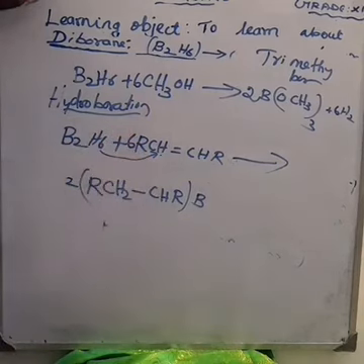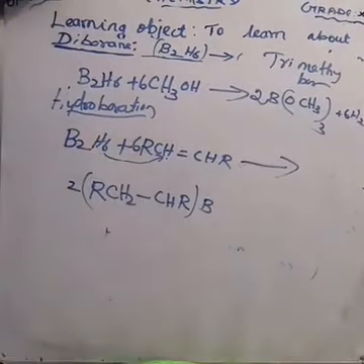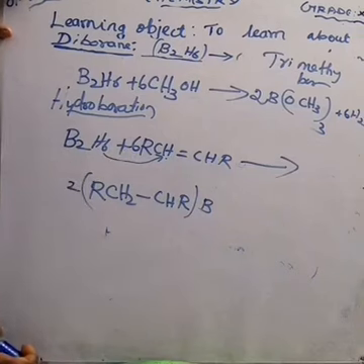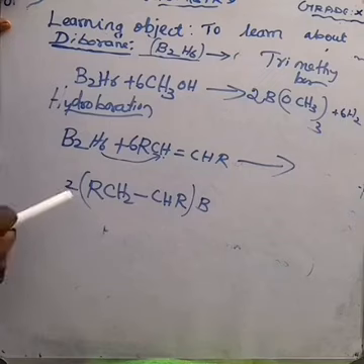Here, if you multiply, 2 into 2 is equal to 4. Am I right? Yes or no? Here also 4, 2 into 2 is equal to 4. Here 2 into 1 is equal to 2. That is about that one. 6, 6. Am I right? So if you multiply here by 6, it means